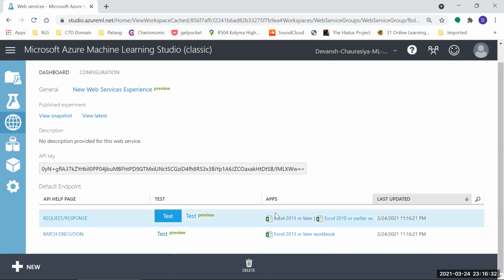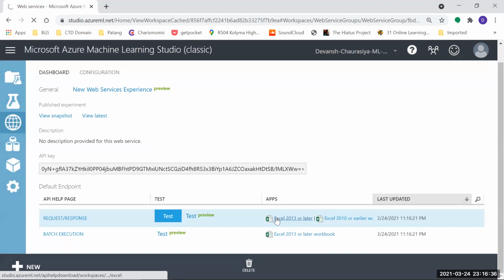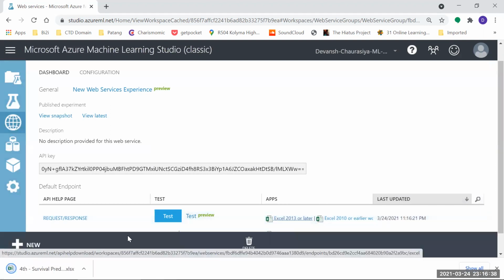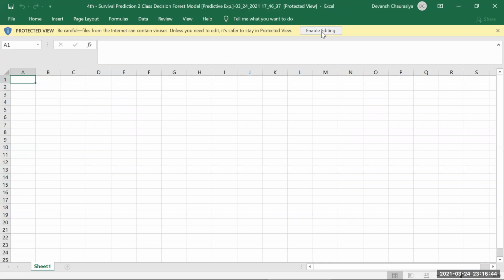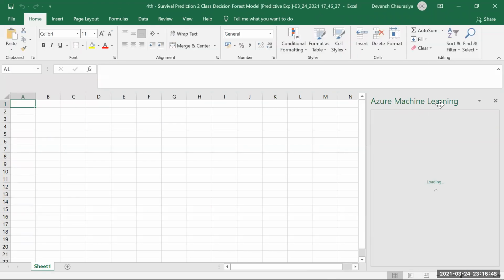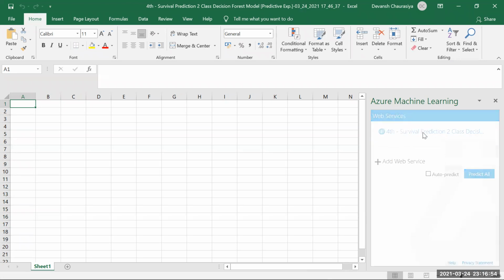You're back to the same page. Click on this. Do the same jazz. Open this. We'll repeat the same exercise. Enable editing. Loading. Survival predictor.